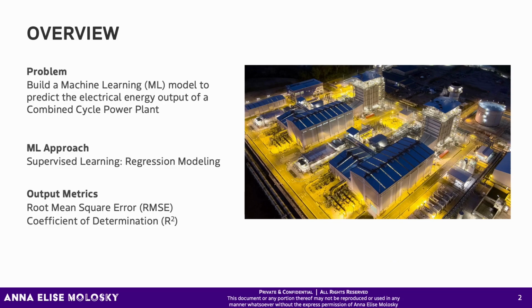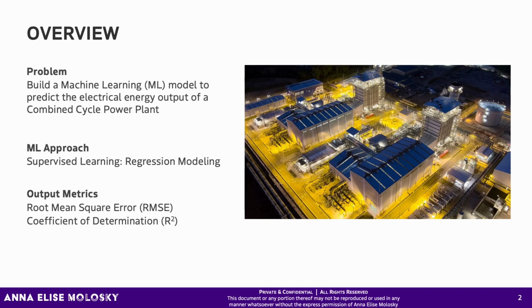So starting with the problem: it was to build an ML model to predict the electrical energy output of a combined cycle power plant. While I did not know that much about the CCPP at the beginning, I did know that a supervised learning ML approach, regression modeling, would be the correct path, given that we already had historical data with our end target values, that being energy output, and we wanted to be able to predict that as opposed to classifying